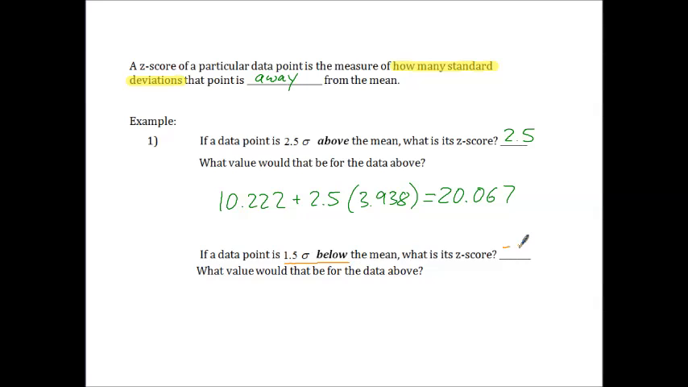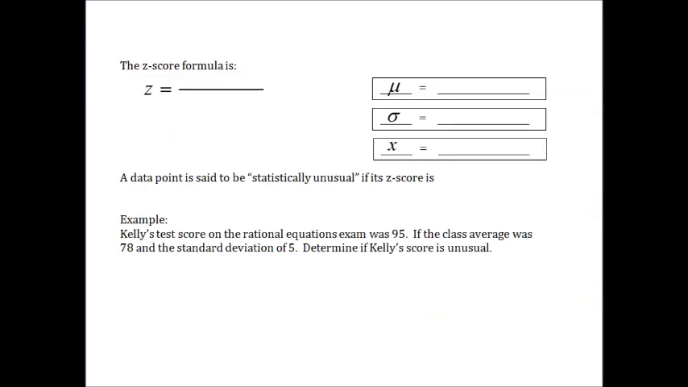It will then be negative 1.5. And what value would that be for the data above? Let's look at this again. 10.222, which is our mean, and this time minus 1.5 times the standard deviation of 3.938, and that will be equal to 4.315. The formula for the z-score is z is equal to x minus mu divided by